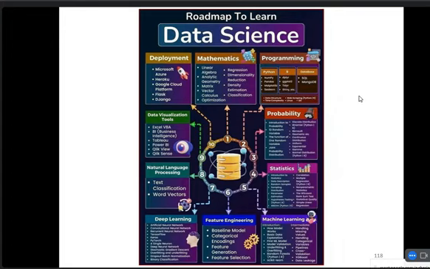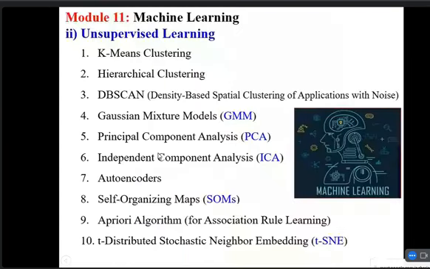Then finally deployment. Deployment is nothing but once our application is developed and completed, then we are deploying it in the market. This is the roadmap of data science. These are the mandatory things of data science, but I'm giving additional 13 subjects for you because you are a computer science student, Ramchan. That's why I'm giving very good knowledge.